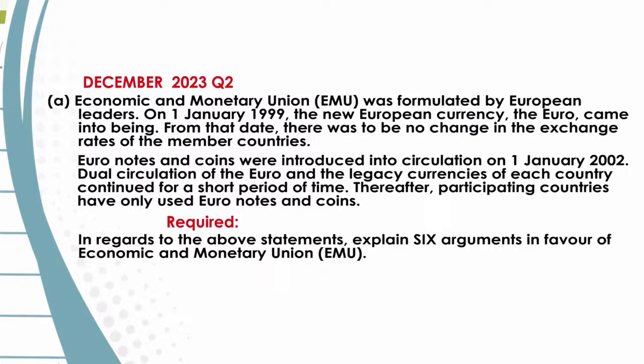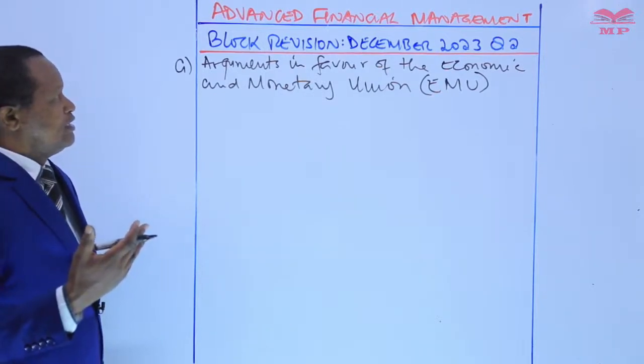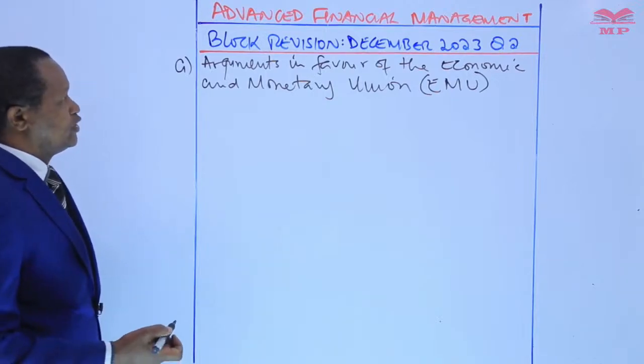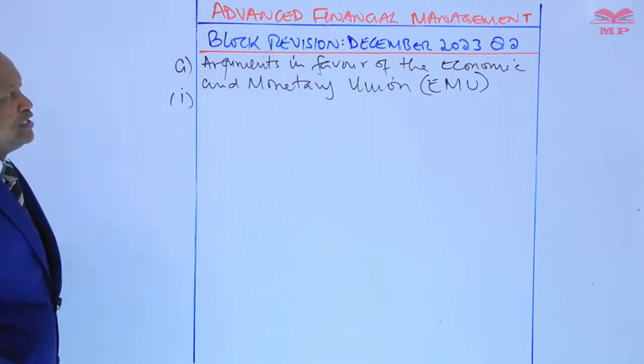Required, in regards to the above statements, explain 6 reasons or arguments in favor of the economic and monetary union. 6 marks. What are the arguments in favor of the economic and monetary union? Now, the first argument in favor of the economic and monetary union, number 1, is